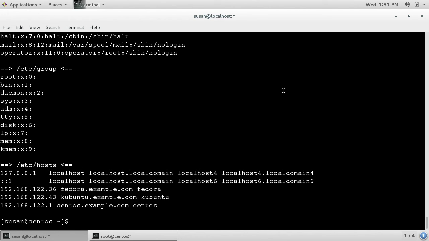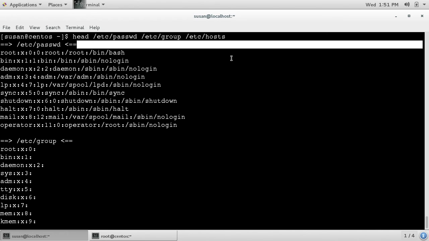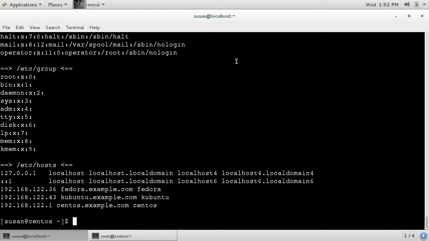In this case, it will show me the first up to 10 lines of each of these files. But unlike the cat command, with head and tail I will get a header line that will show me which file I'm looking at. And again, it will scroll off the screen, so I may need to use my scroll bar to see all of the contents. If I use the less command and view multiple files,